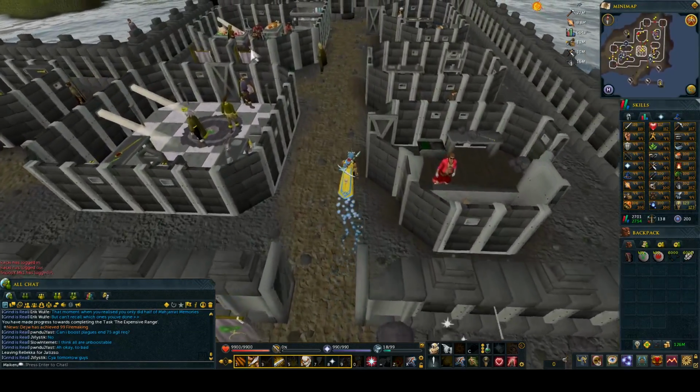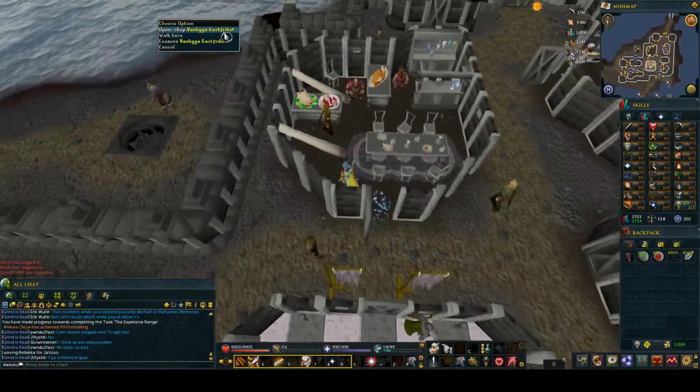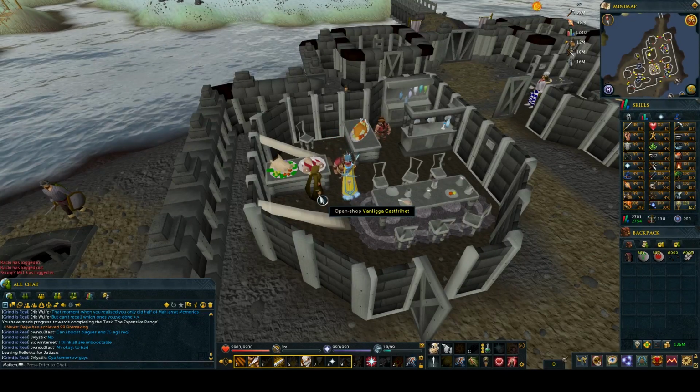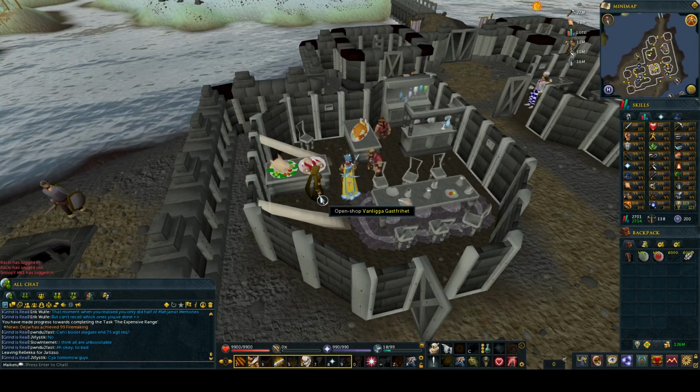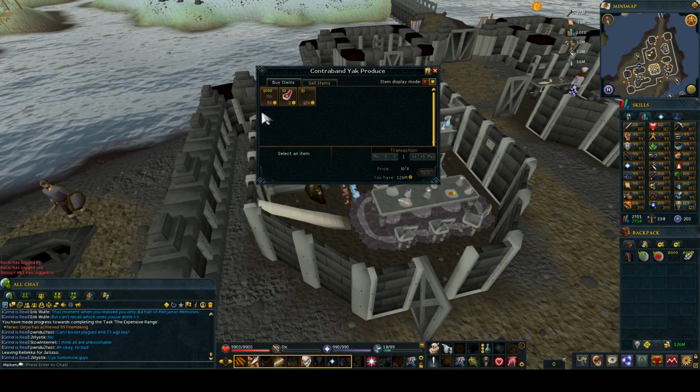What we want to do is go into this shop, and if you open the shop with this woman, you have to give her 5k to be able to buy this YAK-HIDE. So if you're talking to her for the first time, just give her 5k and then you'll be able to open up this shop. Now you can open up the shop, just buy loads of YAK-HIDE,